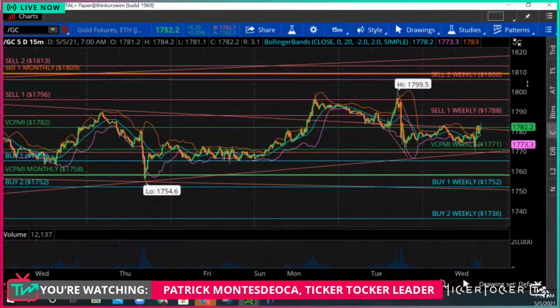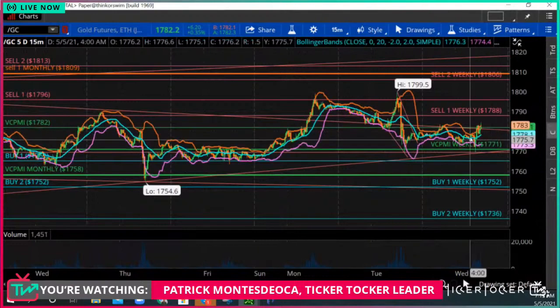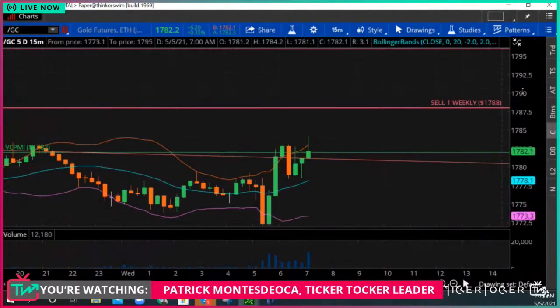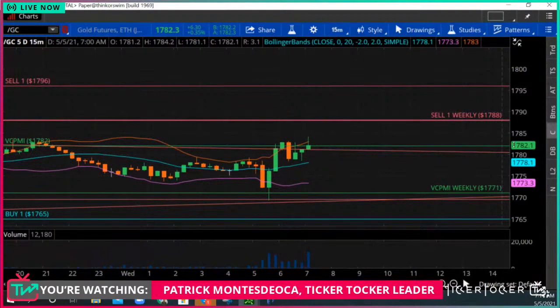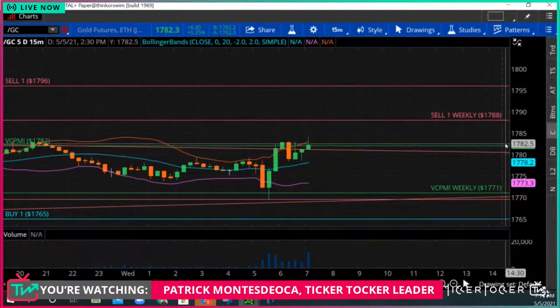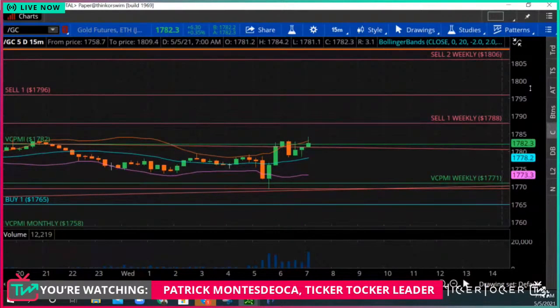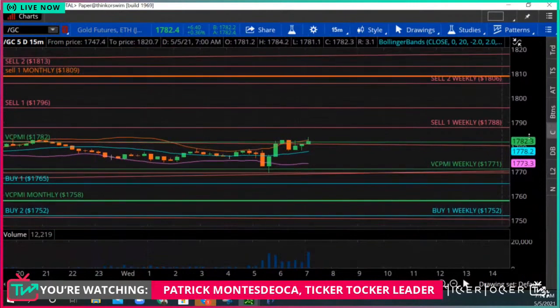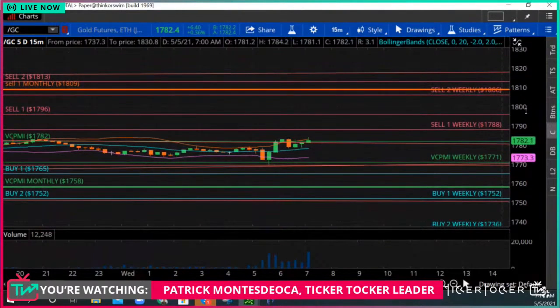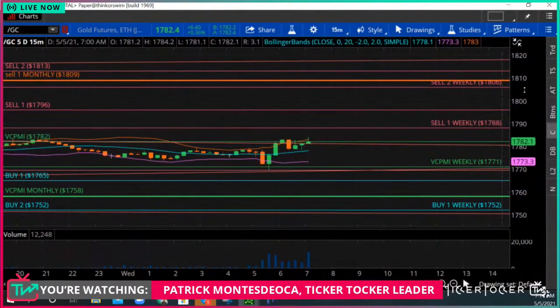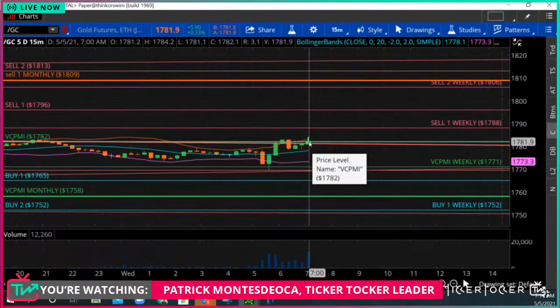Very quiet day today. Gold up 6.20, 1780.20. It's trading here on the average, and I use this Thinkorswim chart not only to teach you self-directed individuals, if you want to follow on a simulated basis, or if you want to trade, that is up to you. I use this simulated platform because I use it for myself, actually, where I incorporate all of the pivot points for all of the different time frames, and I have a pretty clear picture where the market is in relation to all of those targets.